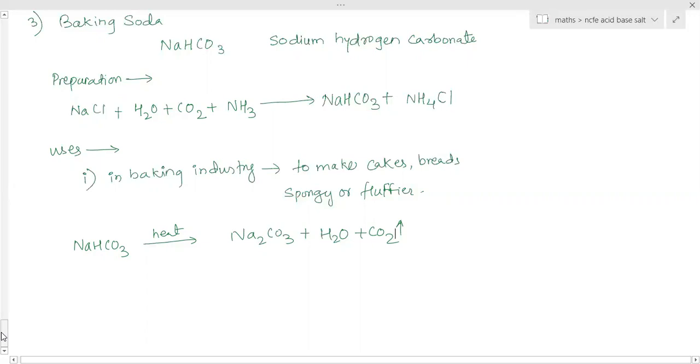This is an instant process. Fermentation is a slow, long process. And here this happens instantly. So we are adding baking soda, and when we bake a cake, immediately the carbon dioxide is produced, remains trapped between the batter and forms the air holes. And due to the presence of those air holes, it makes the cake spongier. Is it clear? In many other places in the kitchen also we use baking soda, for crispy pakoras, or even in making dhokla.